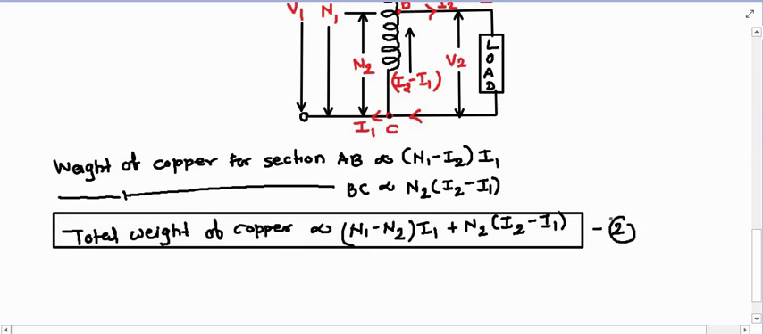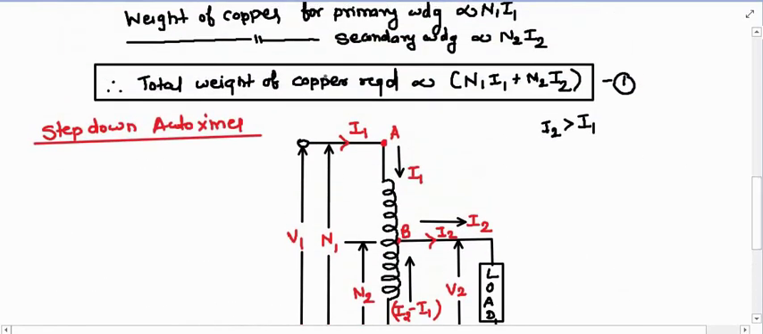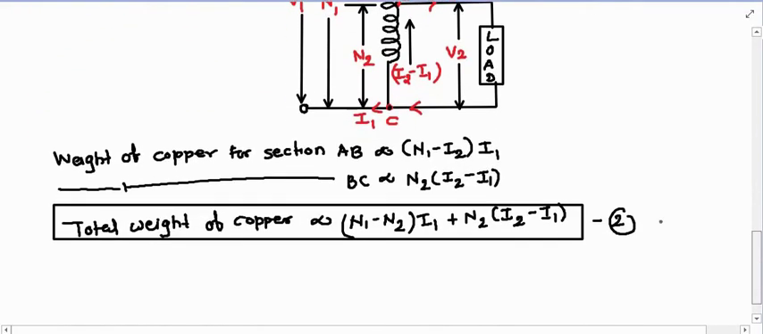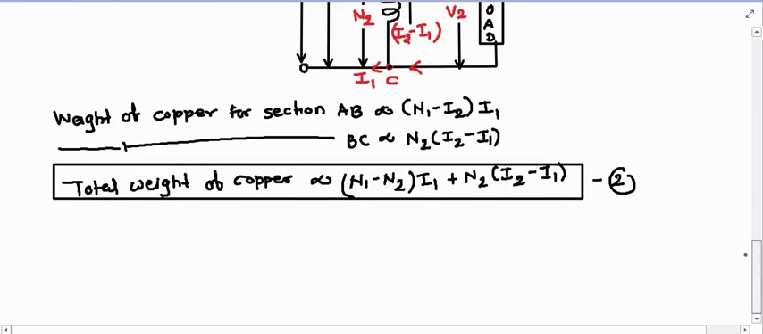From equation 1 and 2: the total weight of copper required for a two winding transformer is proportional to N1 I1 plus N2 I2, and the total weight of copper required in a step down auto transformer is proportional to N1 minus N2 into I1 plus N2 into I2 minus I1. Hence, from equation 1 and 2, I can write down